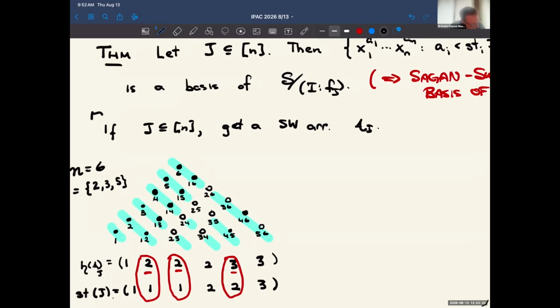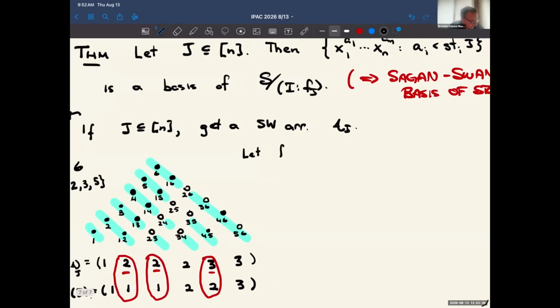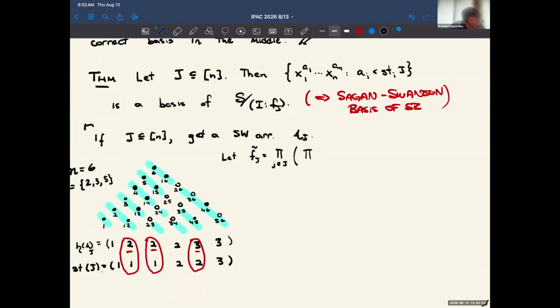So I'm going to let Fj tilde be a lot like Fj, except I don't have the factors corresponding to the coordinate hyperplanes. Product over j and k, j less than k, Xj minus Xk. So Fj, this element we really want, is like Fj tilde times the product